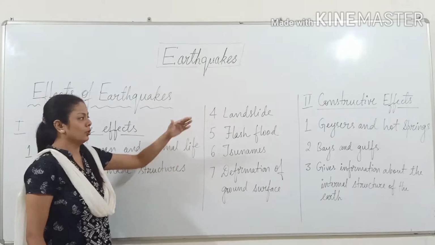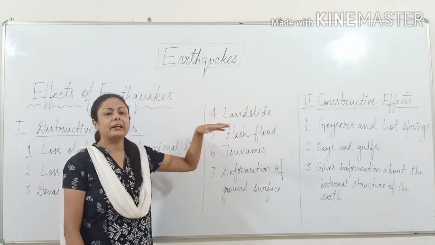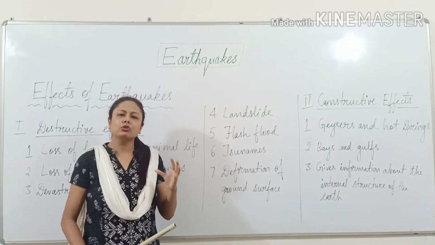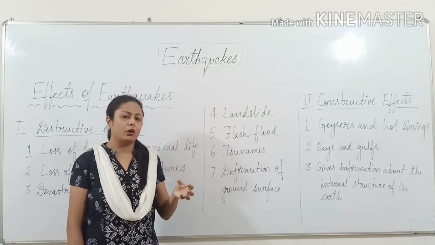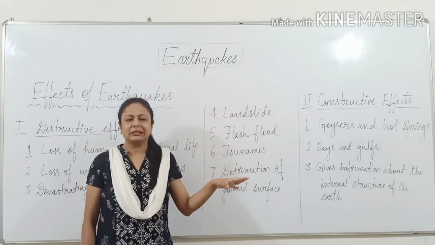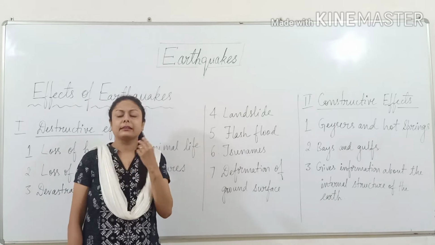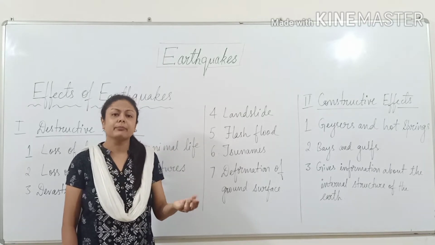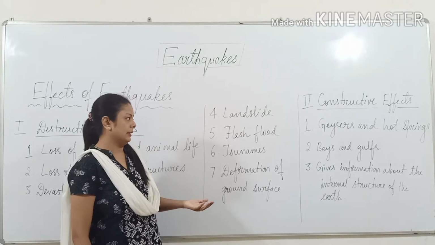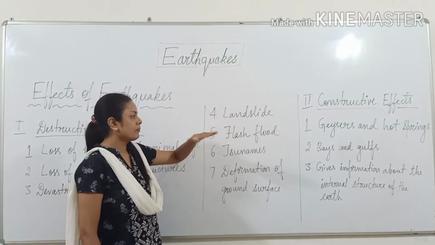If we learn more, even in hilly areas and mountainous areas, an earthquake leads to falling of huge, big pieces or debris of rocks down the slope. As the debris goes down, it will definitely block or destroy the roads, and if vehicles are going and human beings are in them, they can also lose their life. So landslides can also occur as a result of an earthquake.